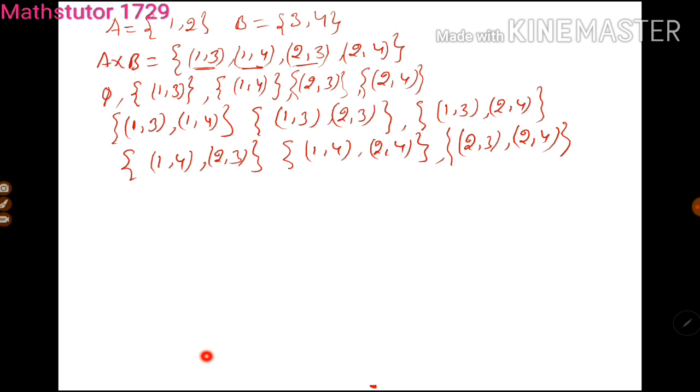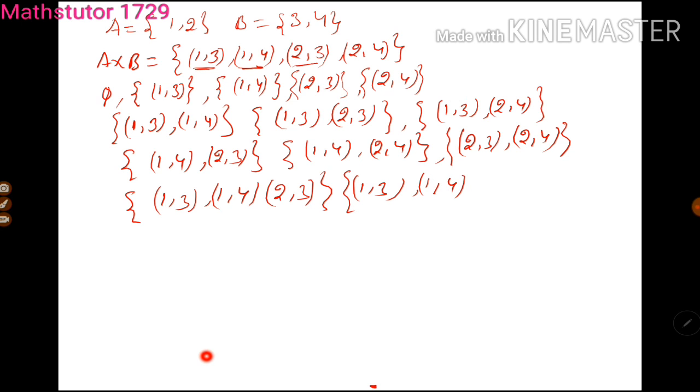Now find the subsets of A cross B containing three elements. (1, 3), (1, 4), (2, 3) is one set. Next one, (1, 3), (1, 4), (2, 4) is again one set.